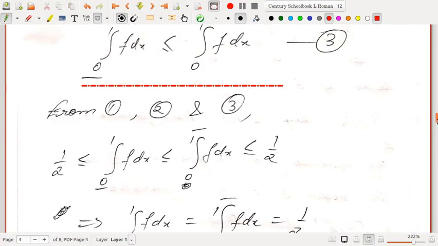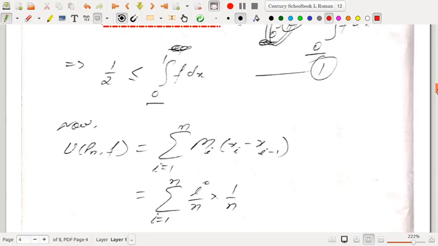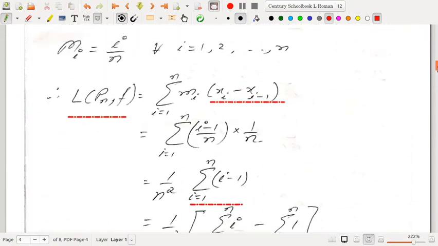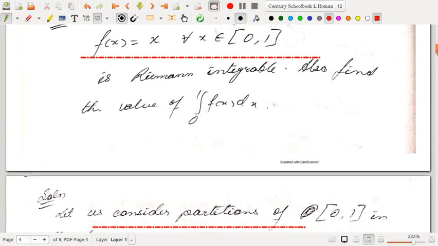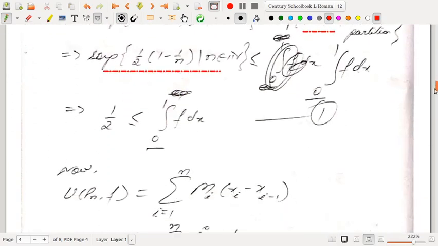Okay, we can also just evaluate using our higher secondary knowledge. The integration of x dx, what is that? Integration of x dx is x squared by 2, and if you put the limits from 0 to 1, it's 1 squared by 2 minus 0 squared by 2, which is 1/2. Okay, so that is the value.